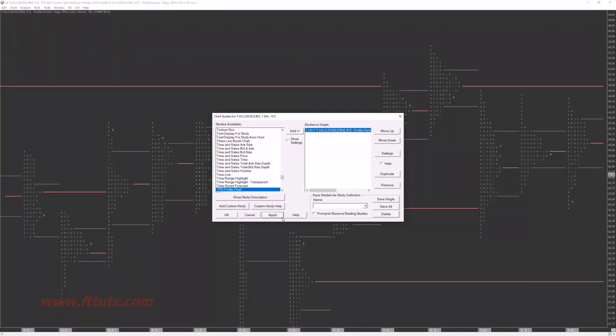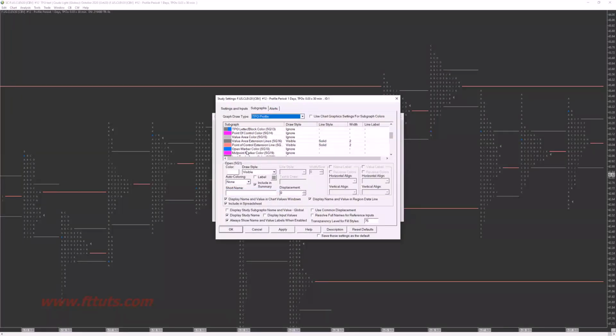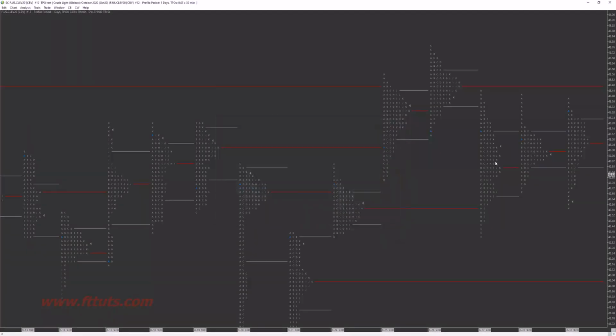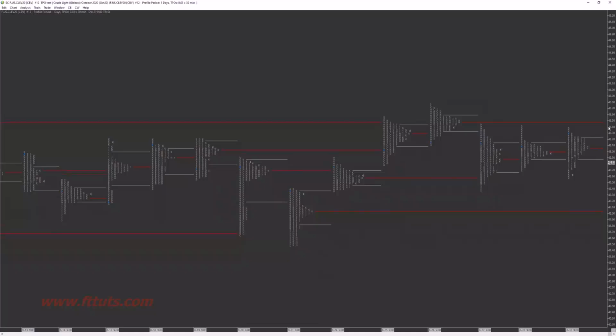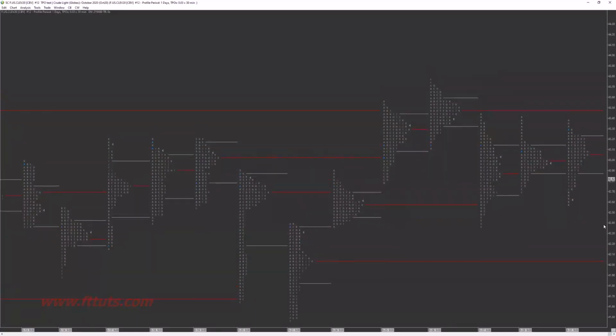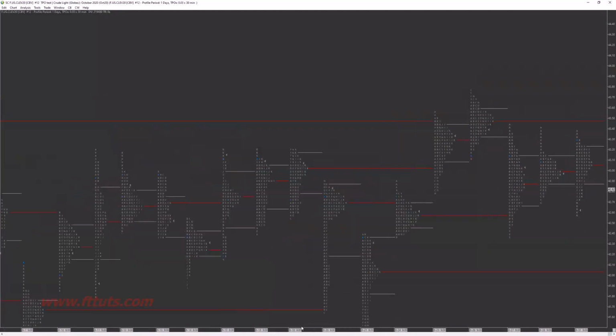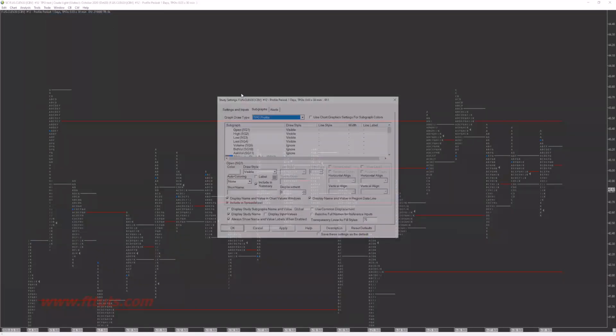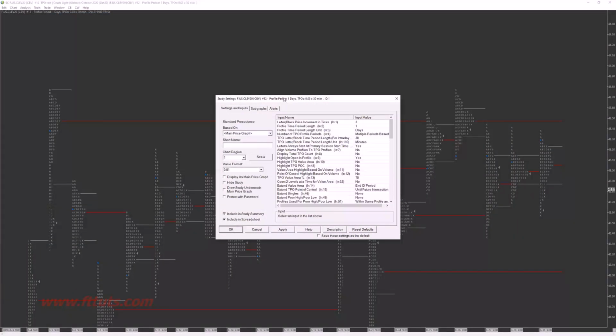Now, mine looks like I kind of like it to do right now, except I like a different shade of red in my point of control. But other than that, I have this saved as default settings, and so it gives me exactly what I want. For you guys, it's not going to matter a whole lot exactly how you set up the way it looks. I can show you real quick with mine so you can copy it if you like. In fact, I can share a template for everyone so they can do that, but you'll be able to pause